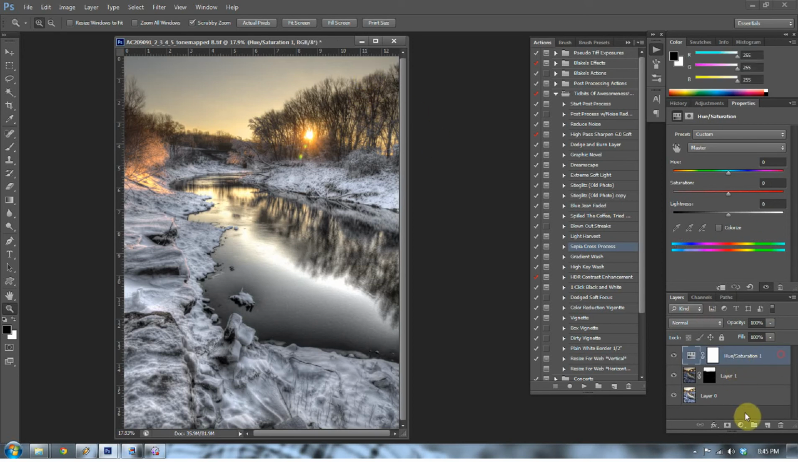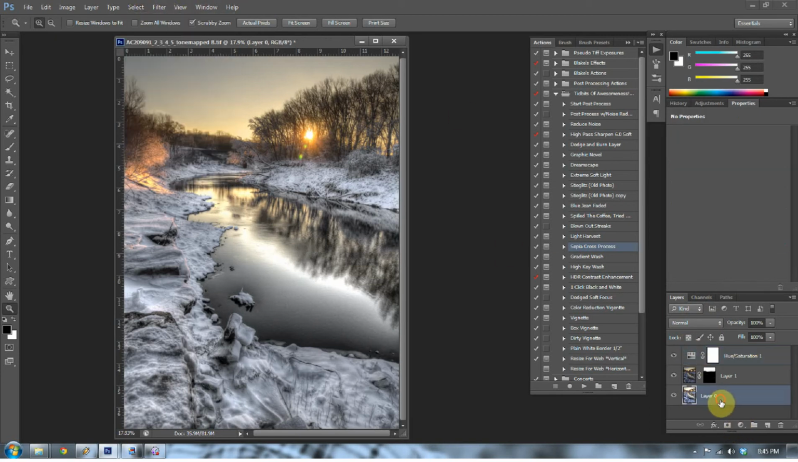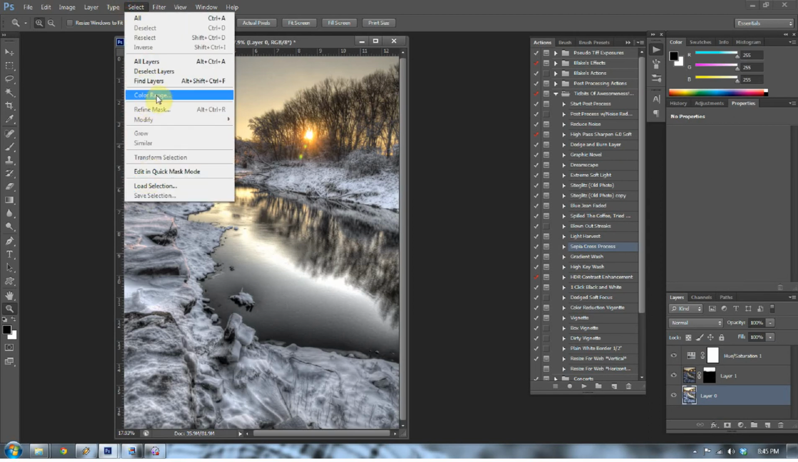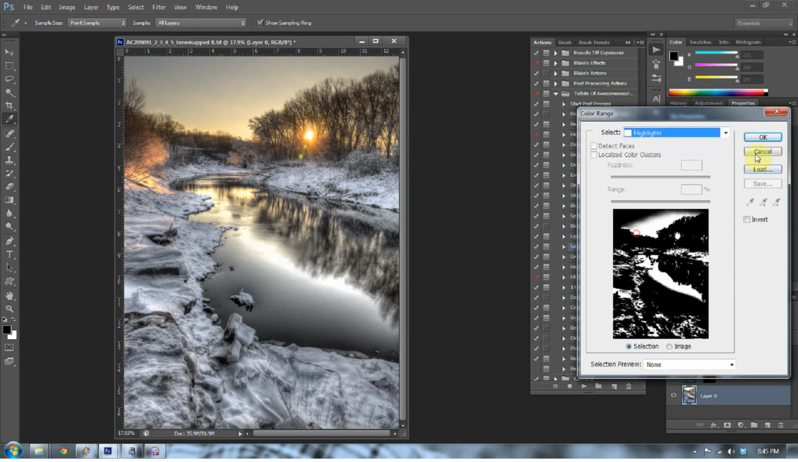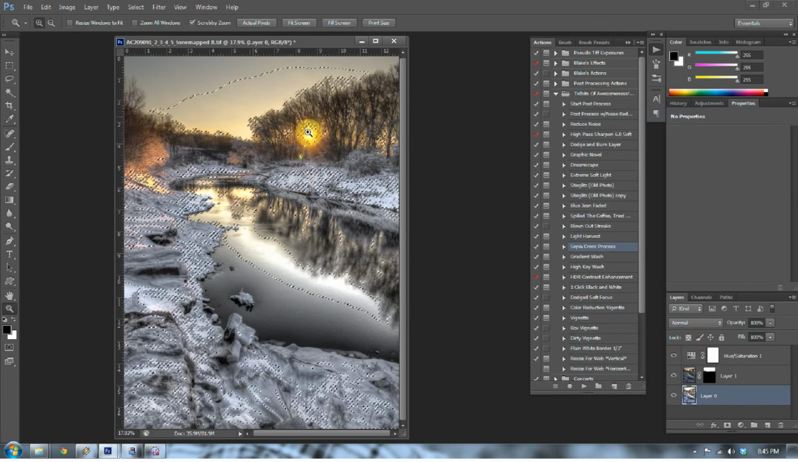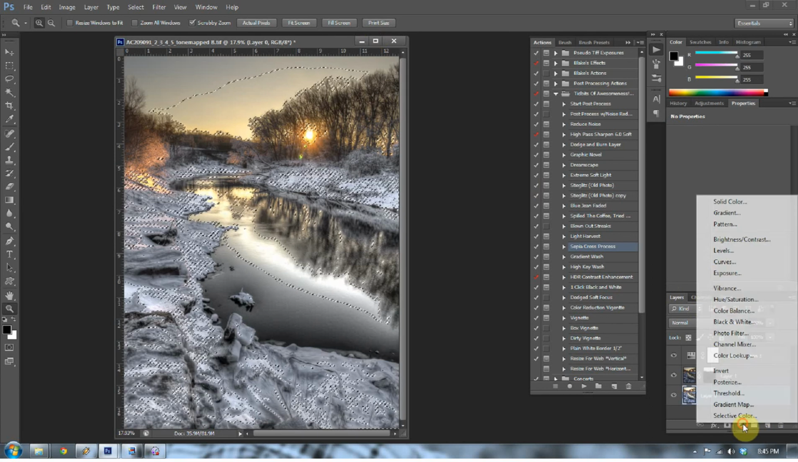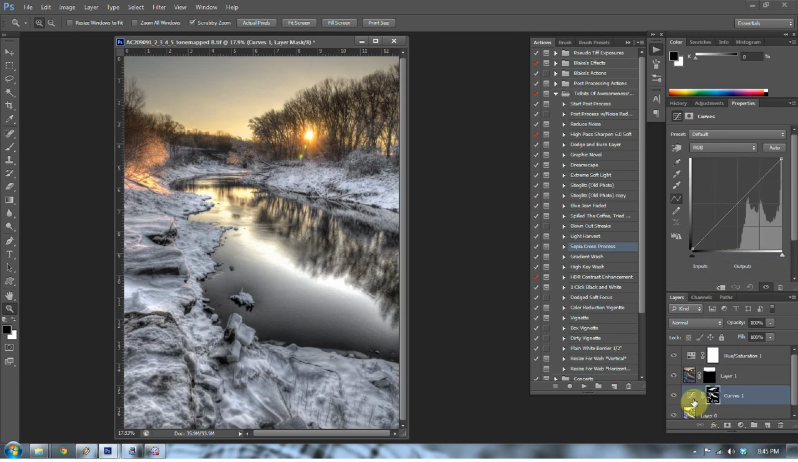So what I want to do is, actually I want to go to select, make sure you're on the background layer, original layer, select, go to color range, and then go to highlights, press OK. Now it's going to make marching ants all over the area, and what I want to do is go to curves. So what I've just done here is made a curves adjustment layer of my highlights and my highlights only,